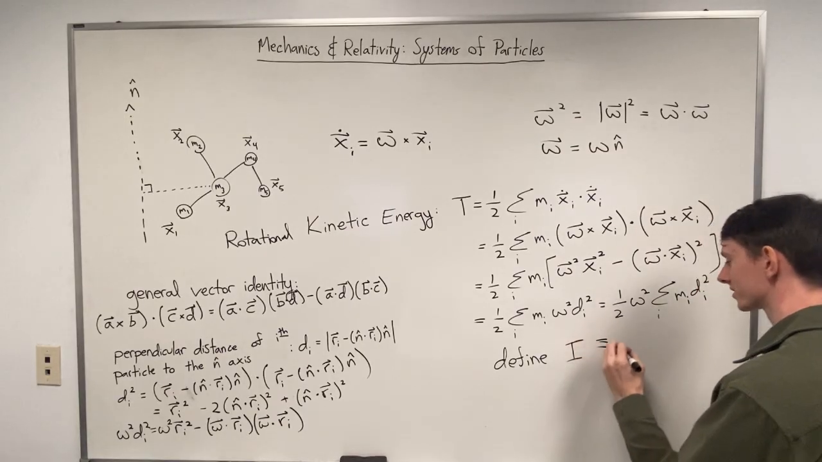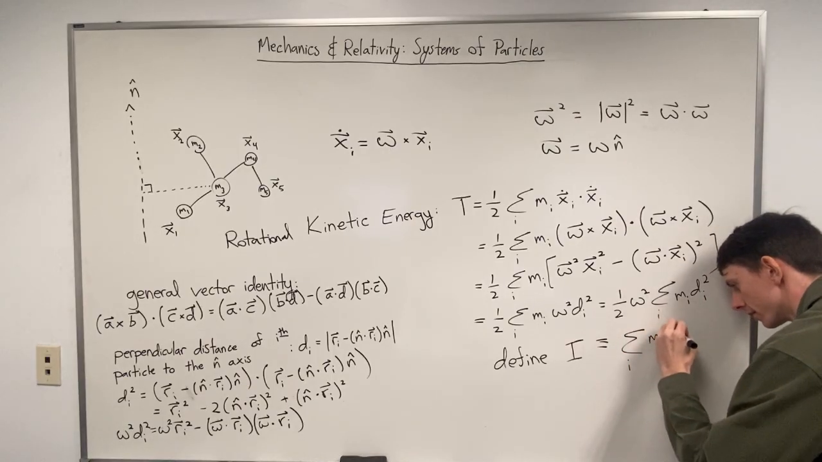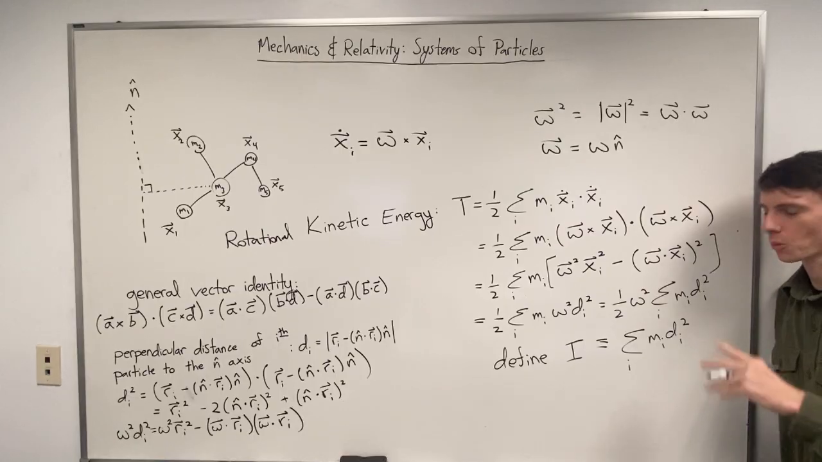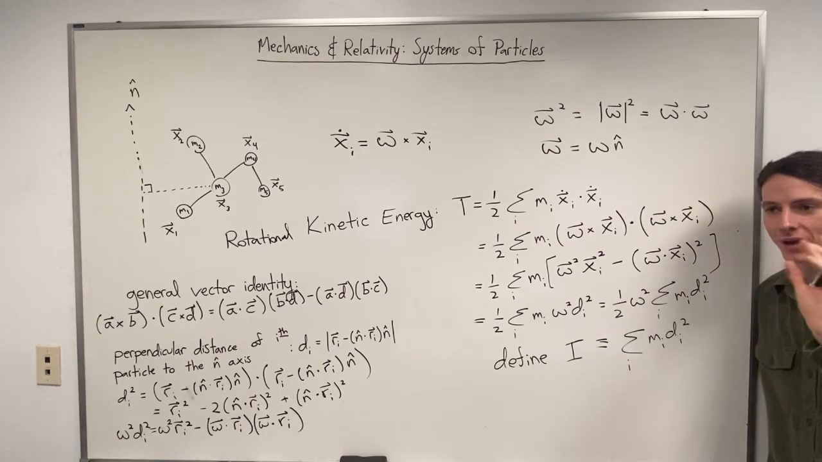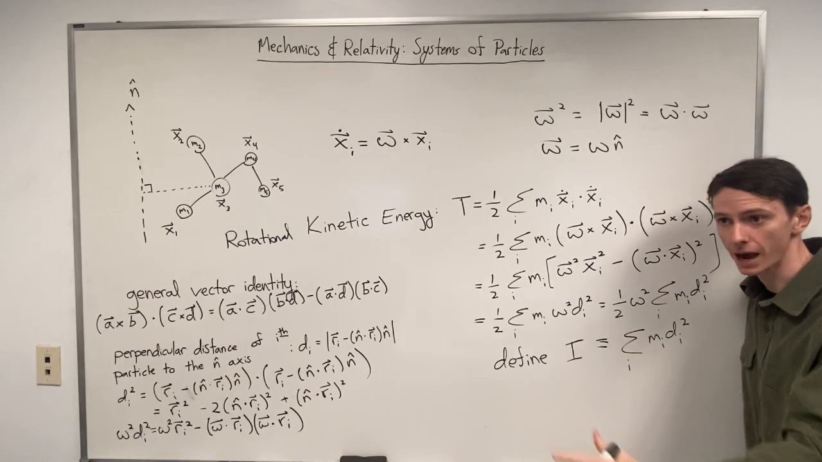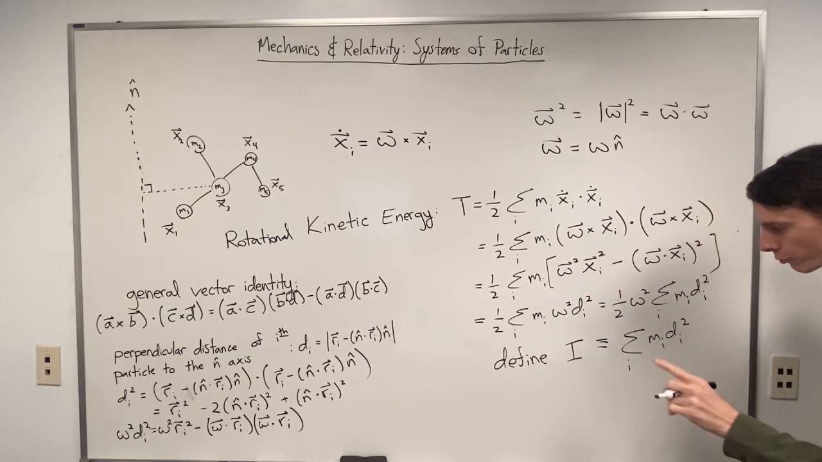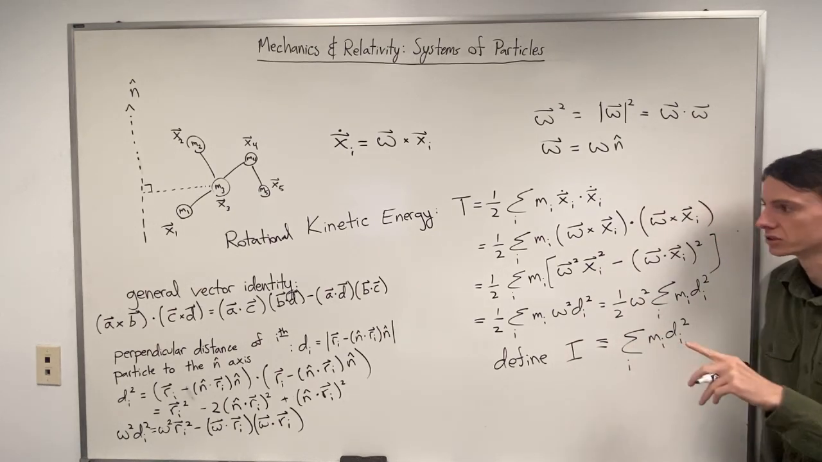And capital I is going to be defined to be the sum over i of m_i d_i squared. Okay. Now, why are we doing this? Well, there's a couple reasons why we're doing this, but the main thing that I want us to see, at least for now, we're going to get into what all this is eventually. But for now, if we define some quantity to be called uppercase I, and we define it in this way,